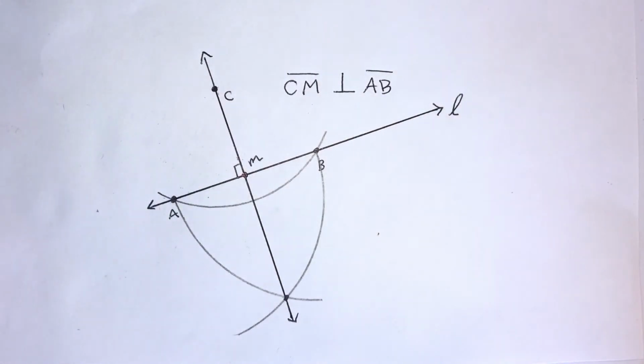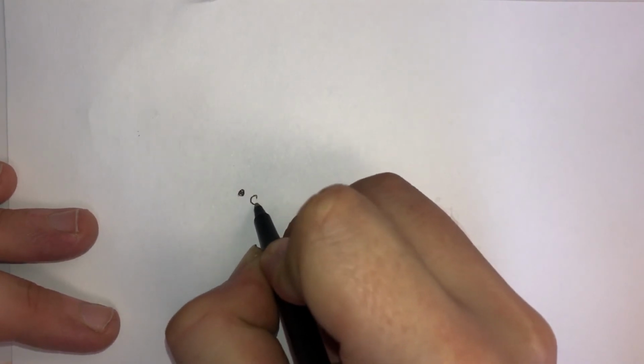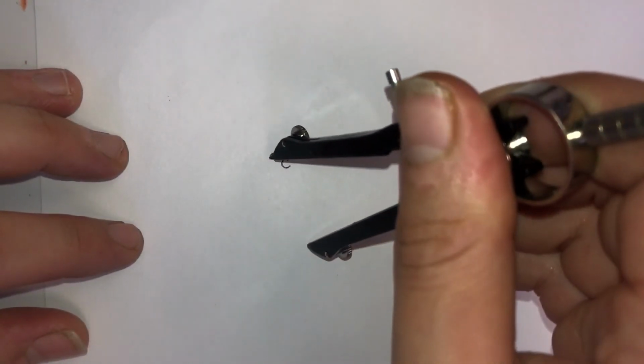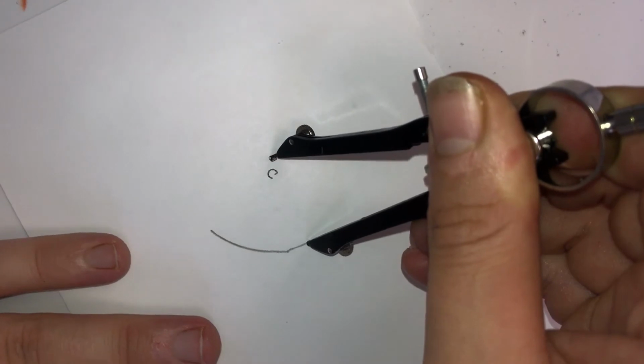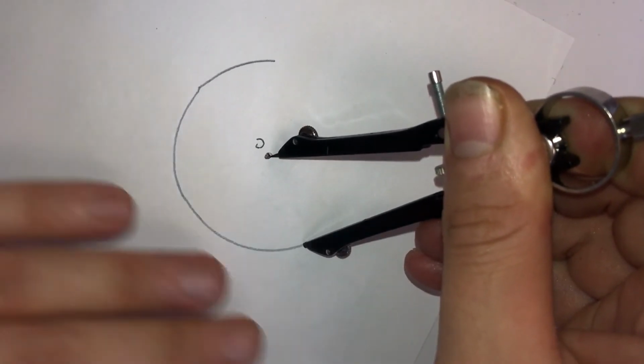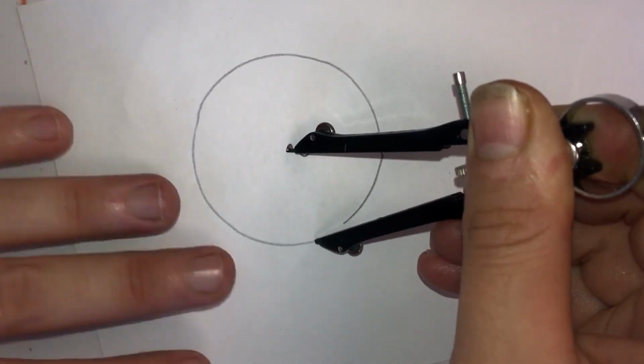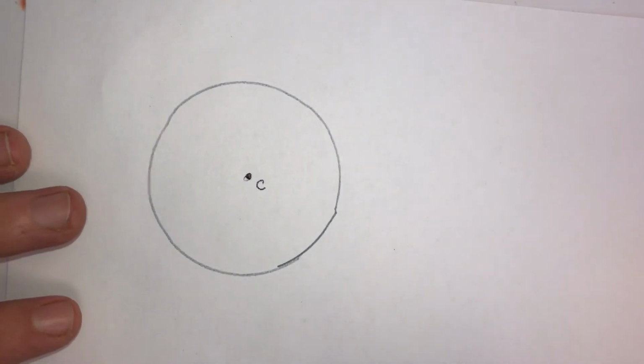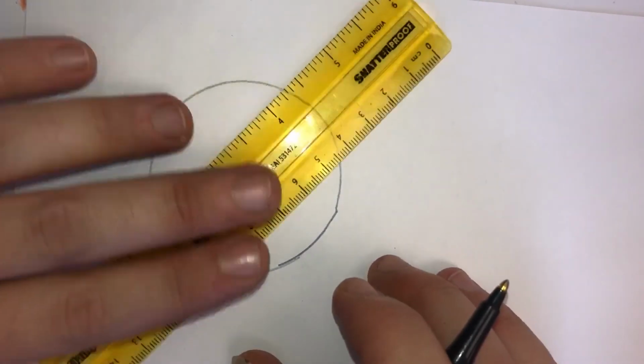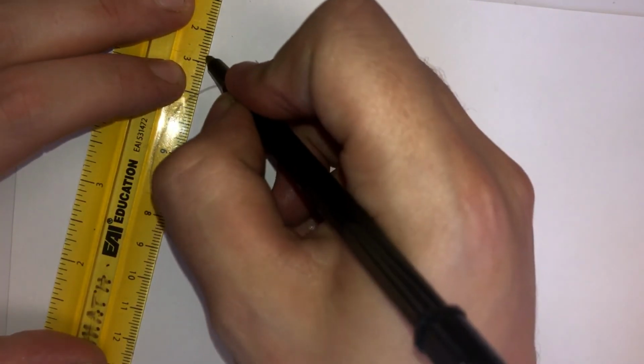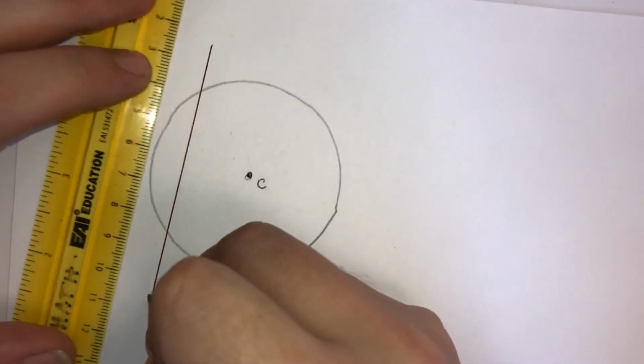All right, so for the extra credit assignment for this week, I would like for you to do the following. Given a circle, I'm going to use my compass to construct a circle. I'll call the center of this circle point C, and so here's my circle C. What I would like for you to demonstrate is that for any line secant to the circle, which is a line that looks like this,